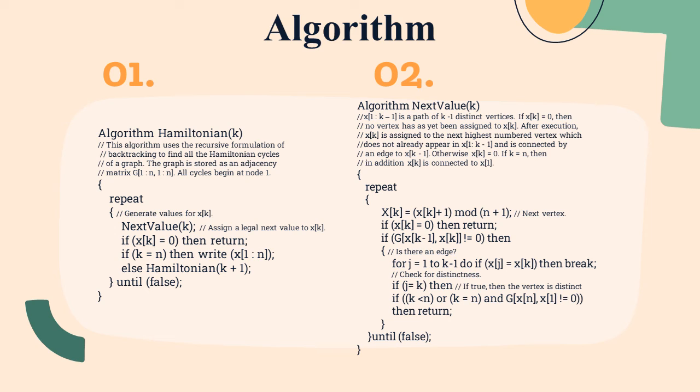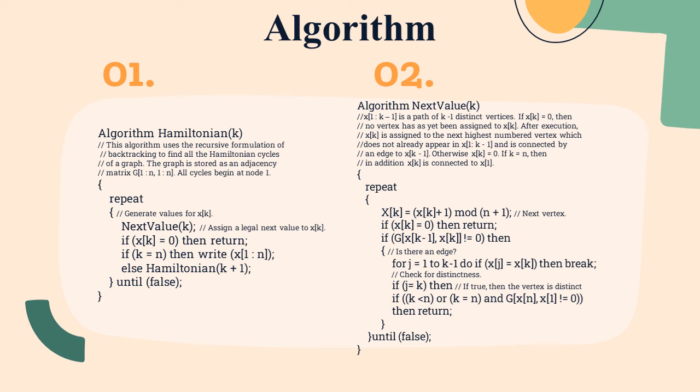If G[x[k-1], x[k]] is not equal to 0, that means there is an edge present. For j = 1 to k-1, do: if x[j] = x[k], then break. This checks whether there is any duplication, that is, an already taken value should not be taken again. If j = k, then